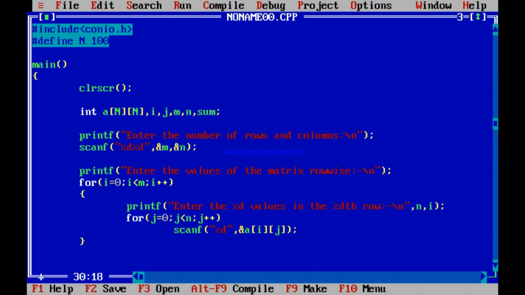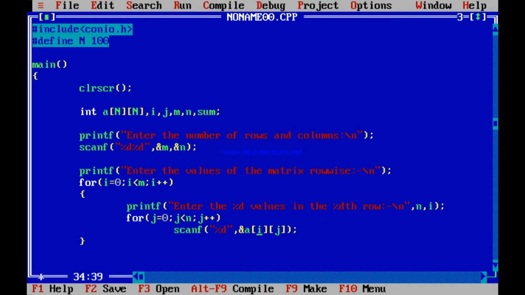So for i equal to 0 to less than m, i plus plus means m number of times, that is row number of times, that is for each row. Scan how many? Scan n elements. What is n? Column. So column number of elements you scan for each row. That is what I am doing. In other words, in programming words, if you are entering with i equal to 0, then you are varying j from 0 to less than n for i equal to 0.